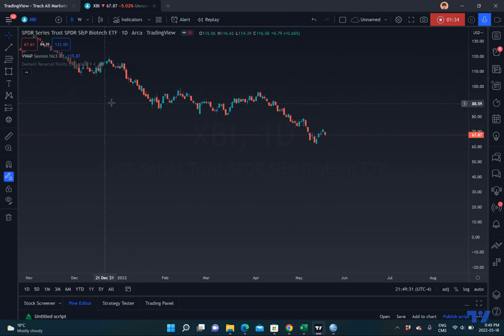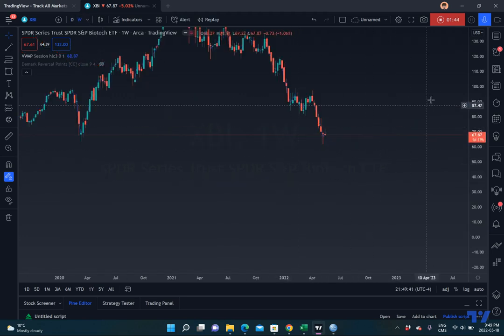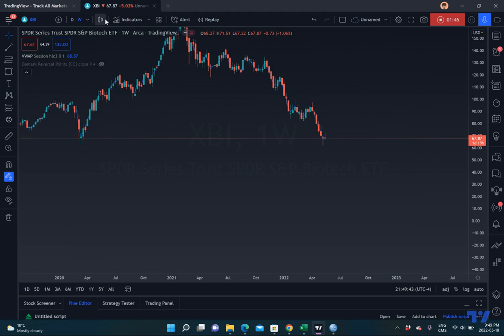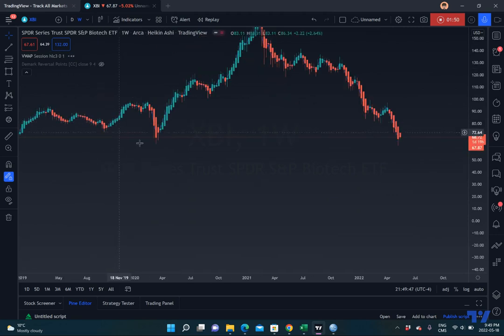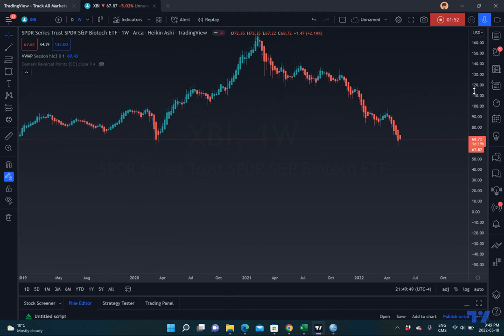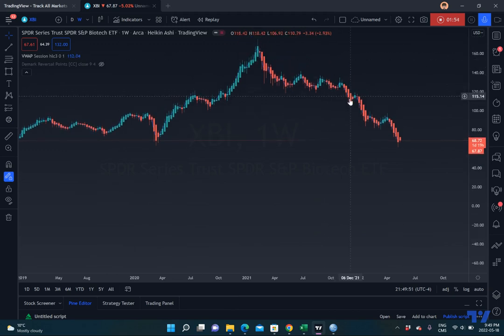I'm going to be looking, you can do this on the daily, but just in the interest of saving time, we're just going to skip right to the weekly. So we're going to go to the weekly. We're going to actually switch our candles to Heikin Ashi. And voila, here we are. So the key to calculating supply and demand is to identify